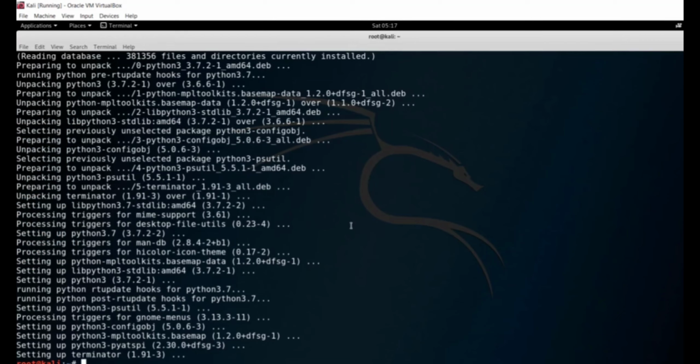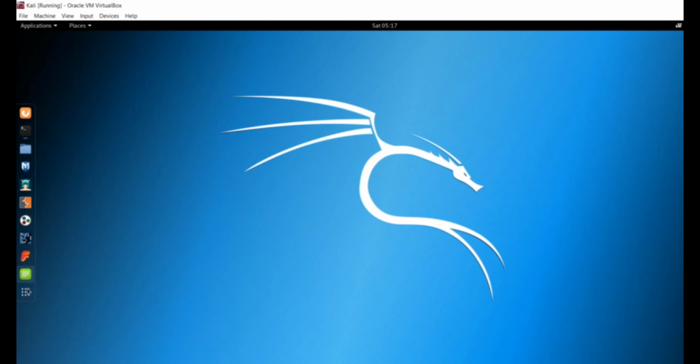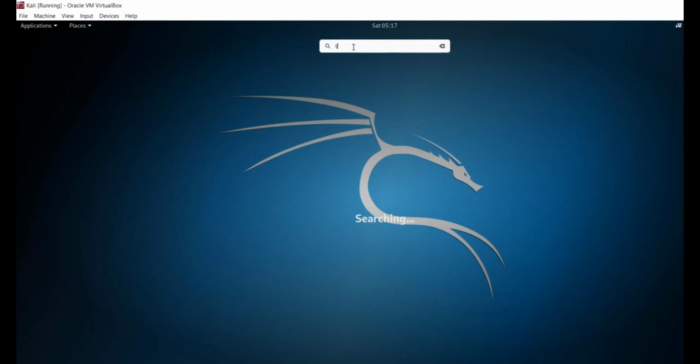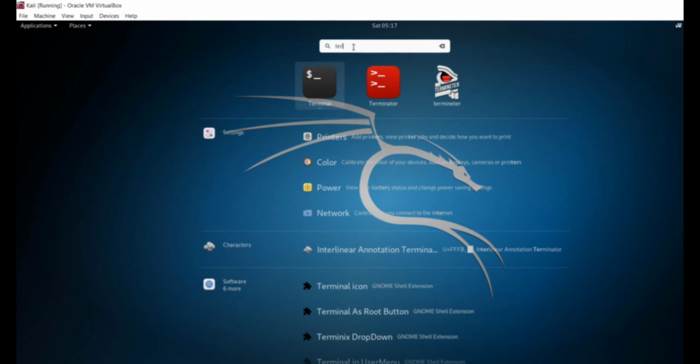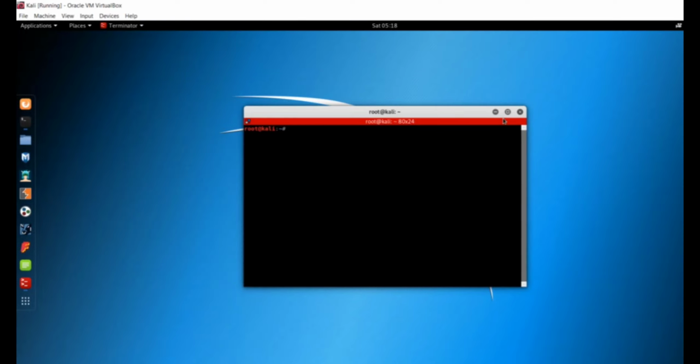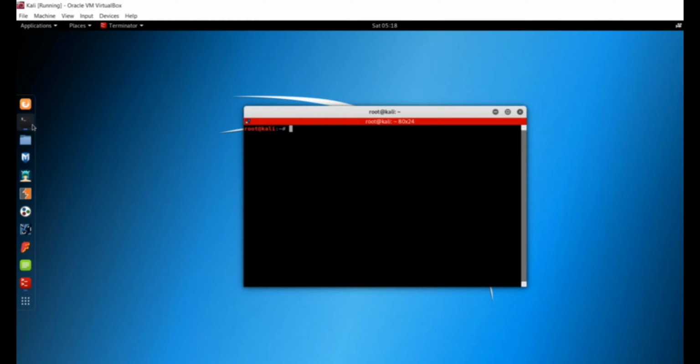So we have successfully downloaded the Terminator. Let's go back again here and search for the Terminator. There has been lag in the processor, so let me search for Terminator, and it is right here. When I press the Terminator, it is going to give us the same screen, but it has more functionality than the normal terminal which comes pre-installed in this